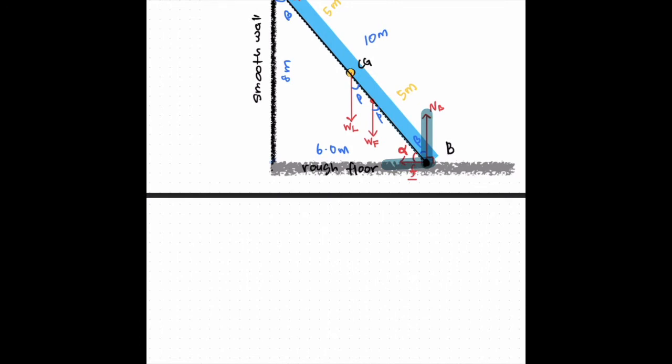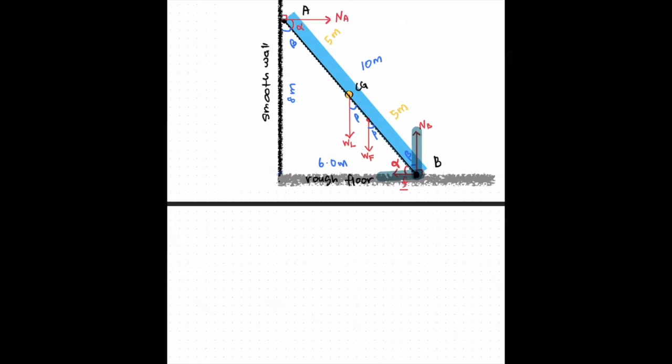After we draw all the forces, to calculate, first we need to use two conditions to solve this problem. Two conditions: total torque equal to 0, and total F equal to 0. Let's use the first one, which is total Fx equal to 0 and total Fy equal to 0. First condition. Okay, total Fx we have here